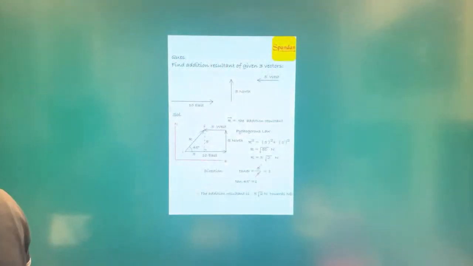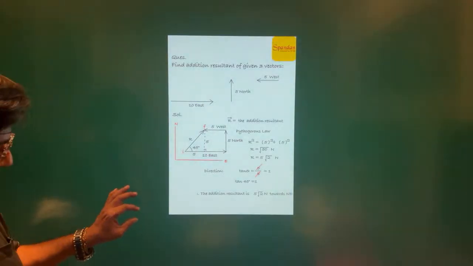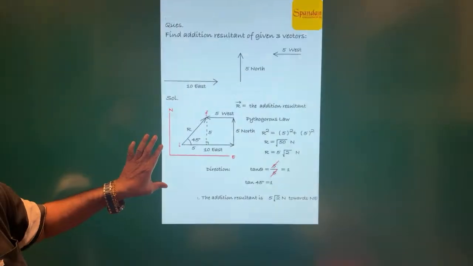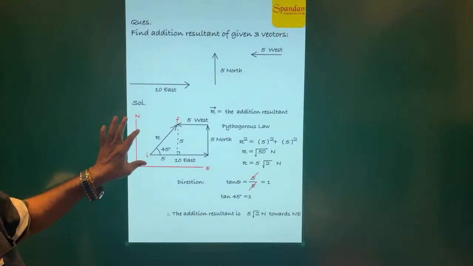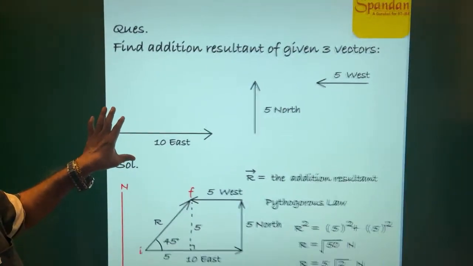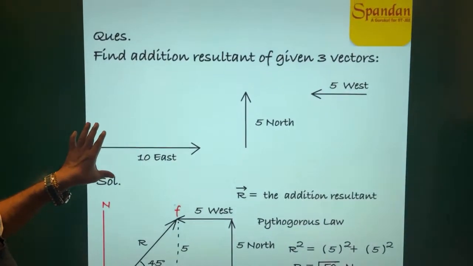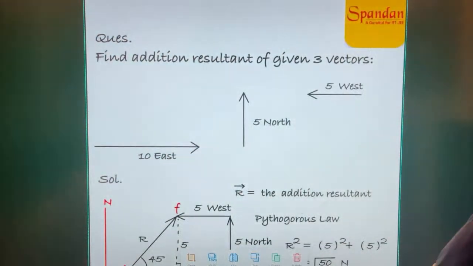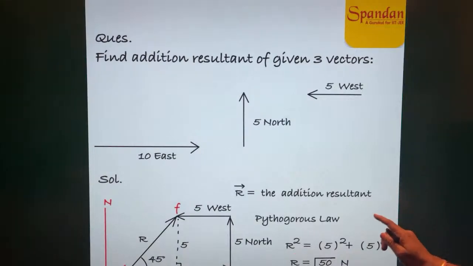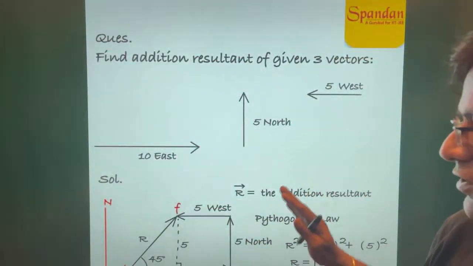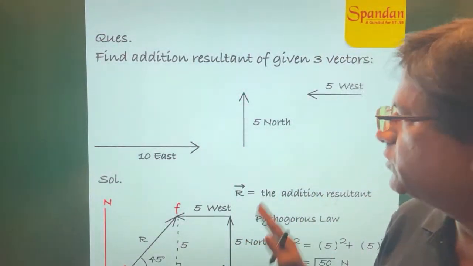Next we will find addition resultant of this given three vectors. So we have got three vectors and we have to find addition resultant of the three vectors. So obviously we will use now polygon law, right, because we are dealing with addition of more than two vectors. इसमें क्या होता है polygon law में, इसमें सारे वेक्टर को सेम ऑर्डर में अरेंज करना होता है, क्लियर। सेम ऑर्डर में अरेंज करने के बाद स्टार्टिंग पॉइंट और एंड पॉइंट को कनेक्ट करना होता है। इसको सॉल्व करके बताइए